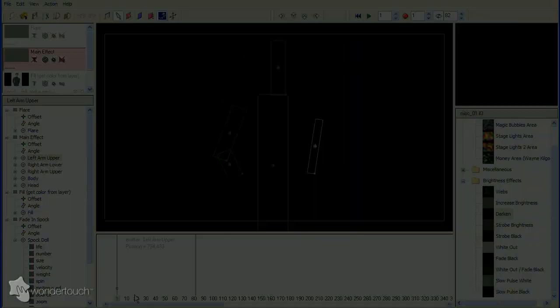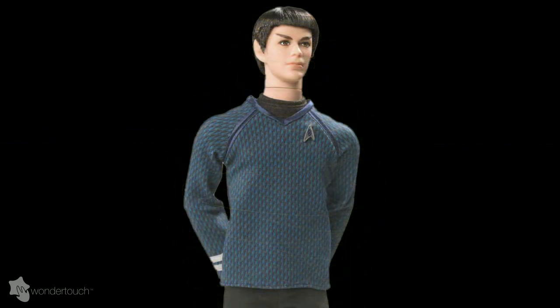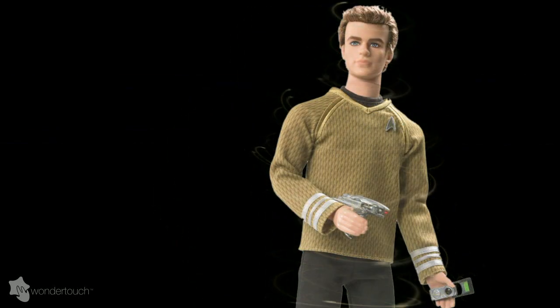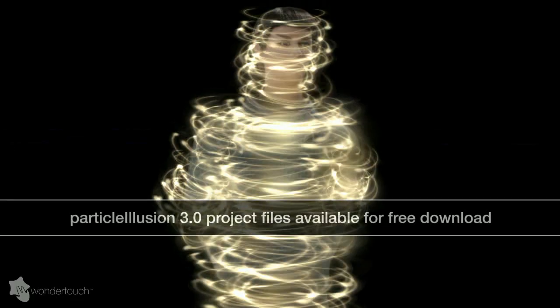So here's the final result. Maybe not exactly the same as the reference clip, but looks pretty good, and it can probably be modified to look even better. All of these emitters will be included in the May 2009 emitter library for particleIllusion 3,